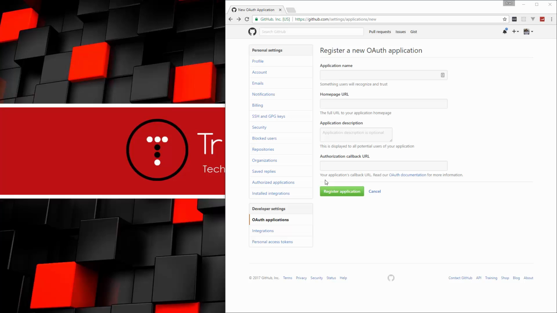Alright guys, so before we get started on our application, we need to just register it with GitHub. Now, you don't need to do this to work with the API, but if you don't, your application will only get about 50 requests per hour. So it'll eventually stop working, and you don't want that. This is really simple. Just go to